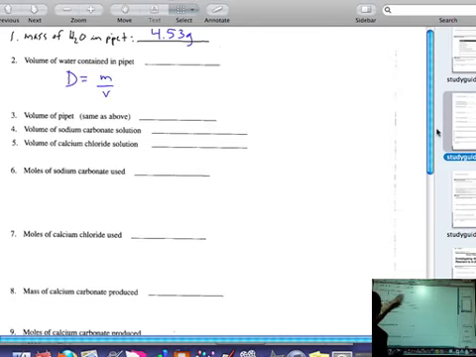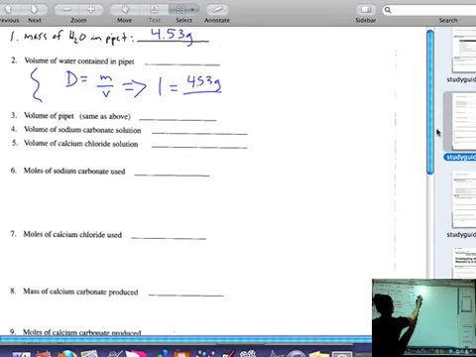When they provide you with all this space here to answer a question, it means they want you to show your work, because there should be some calculation involved. So you've got the mass. Okay, I'm going to write a little arrow like this. You know that the density of water is 1 at room temperature, which is what we're working with. And so 1 is equal to